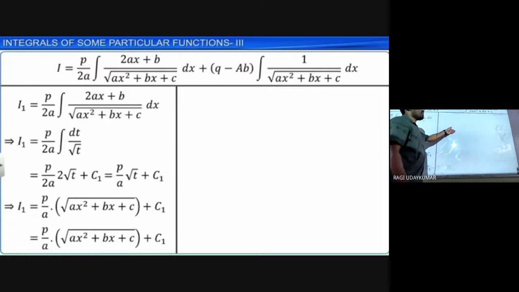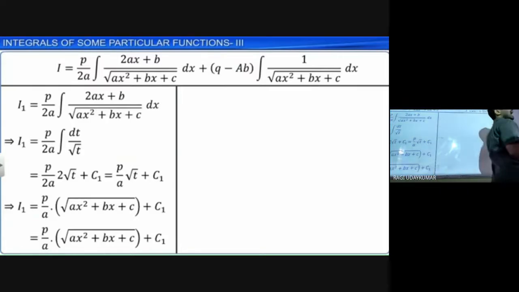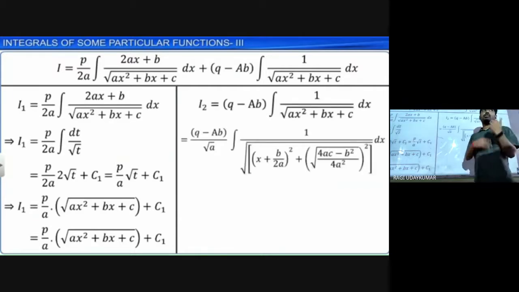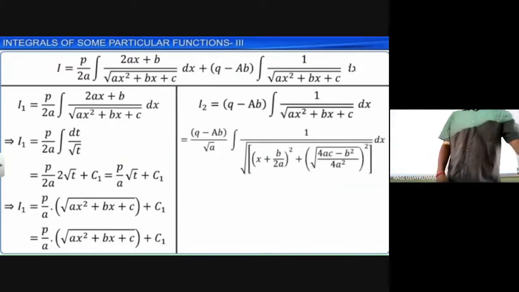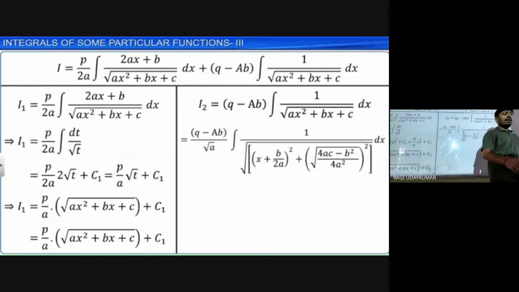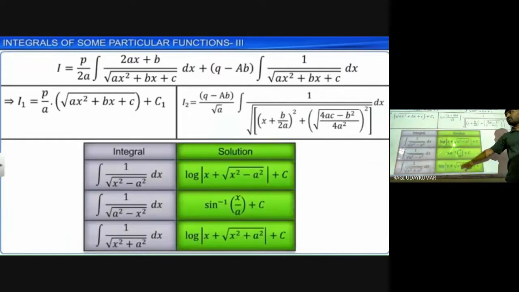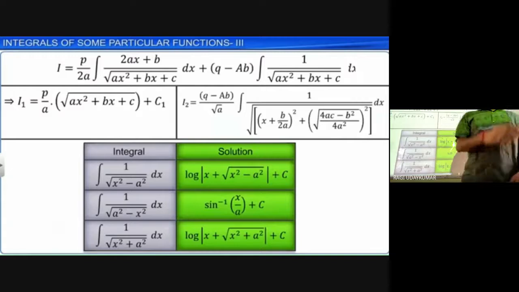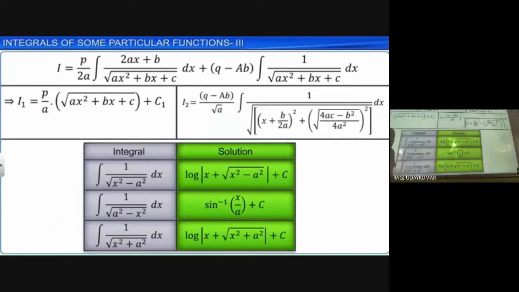The second part what you are going to get, second part also in the same way, under the denominator whatever it is there, that should be converted into the completing square method से convert करना है. Completing square method से convert करने के बाद any one of the forms of the 3 different forms we have learned in a particular type of the questions with under root. Under root वाला है ना, I already told you ना, everything is interlinked. You need to learn. If you are not learning these formulas, these problems cannot be solved. समझ में आ रहा है, ये model का problem solve नहीं कर सकते हैं आप if you are not learning this one, because these 3 are compulsory है.